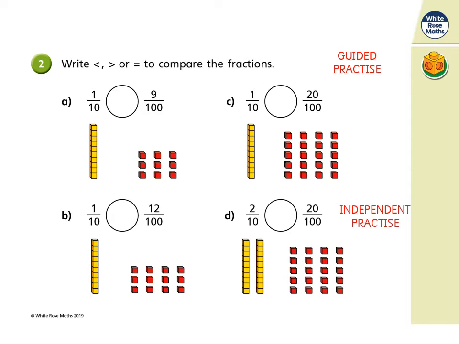So 1/100. So for this next question, I will guide you through A and C, and then you will complete B and D independently. I'm going to use what we discussed on our previous slide, and I know that 1 equal square is 1 out of 100, so 1/100. And I know that 1 column is 1/10. Now I can use these visual representations to compare. So I'm going to say more than, less than, or equal to. So I know 1/10 is more than